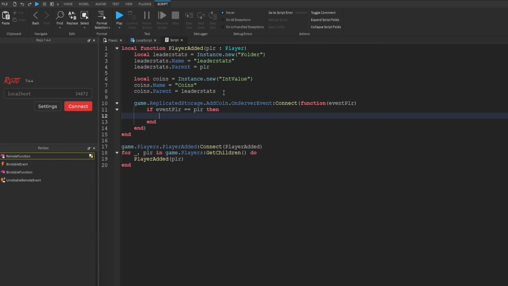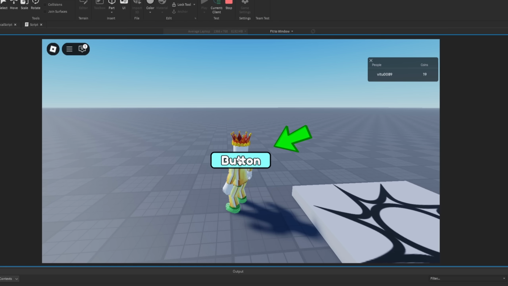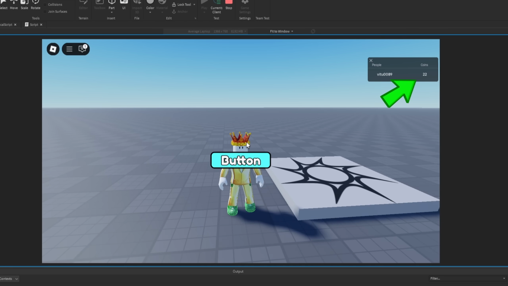Using the OnServerEvent, we can fire a function whenever the player activates the event on their side. In case we had more than one player, we're gonna check if the event player is the same as the player set up in the function. If they are the same, you then get coins. Now to finish off the client script, we're gonna get rid of the print statement. We're not gonna do much other than connect it up directly to the remote event that the server is also connected to. And that's how you make a working button and leaderboard,